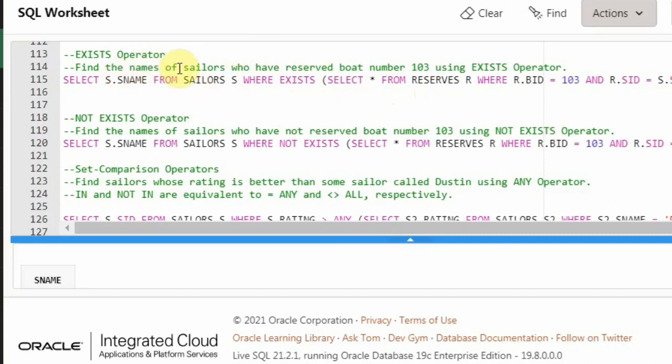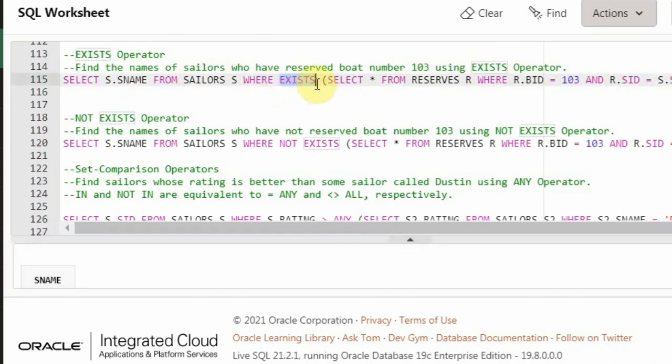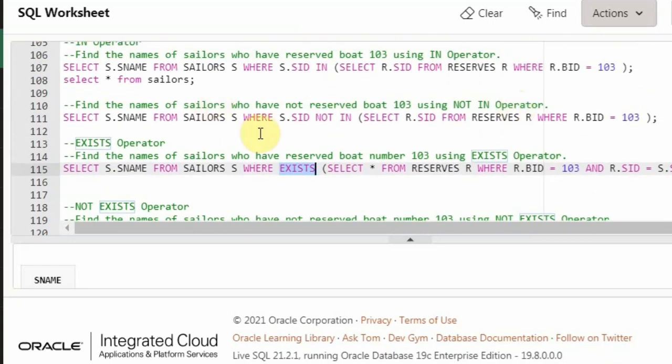You can see here that after WHERE, EXISTS comes directly. But if you look at IN and the like, you are comparing something. You have some comparison over here, so SID IN this inner query. Whatever you give here, the inner query should produce that.